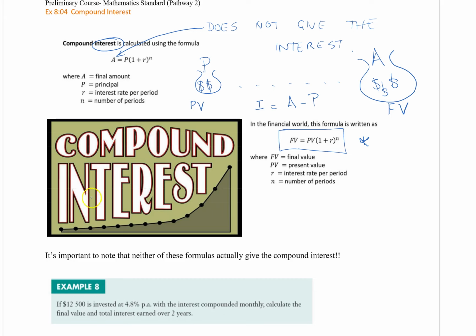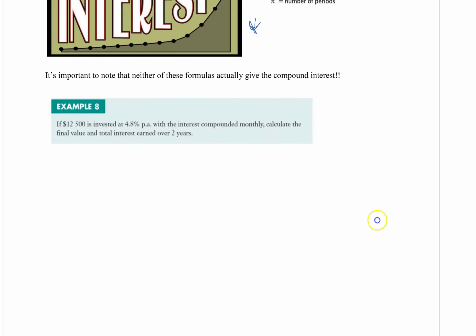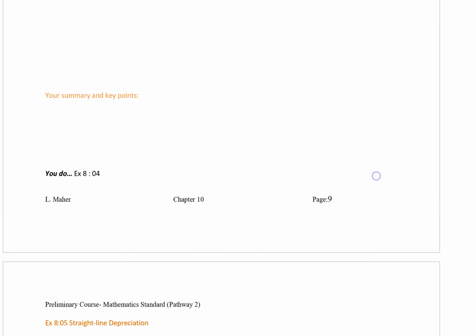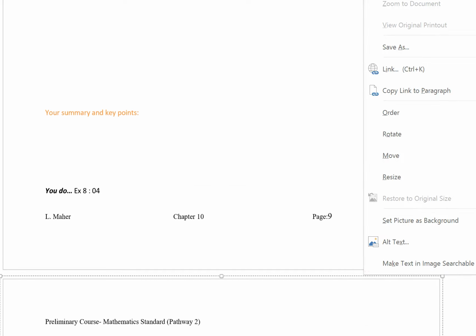Another way in which it's different is that if we were to graph the compound interest, and so now I'm talking about the graph, you can see that you don't get a straight line, you get a nice little curve. And then just one more variation, and I guess it is a variation,